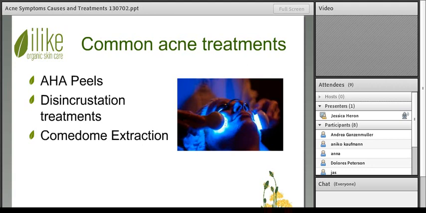If you properly extract these comedones and are clean about it, and practice very good safety and sanitation along with the comedone extraction, you can be successful with preventing some future worse